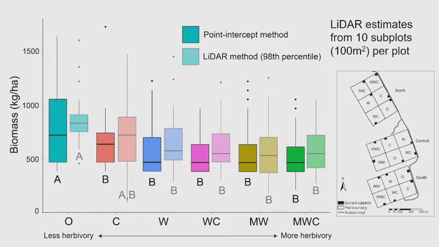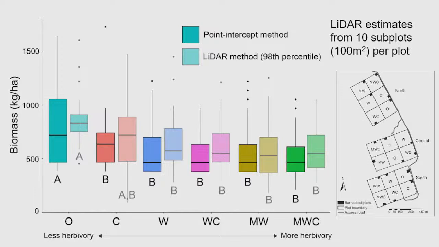So if we overlay in the lighter bars our LiDAR estimates using those scaling equations with the 98th percentile height, you can see, broadly speaking, we've captured the same sorts of patterns. We have the highest biomass in the plots where we don't have any herbivores, and lower but consistent biomass across the other treatments. I'll mention that we just selected 10 haphazardly placed 10 by 10 meter plots within each of these